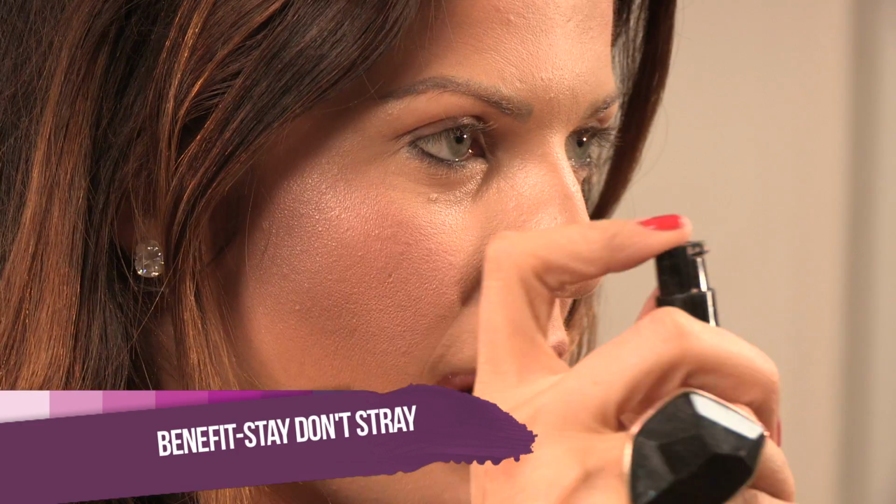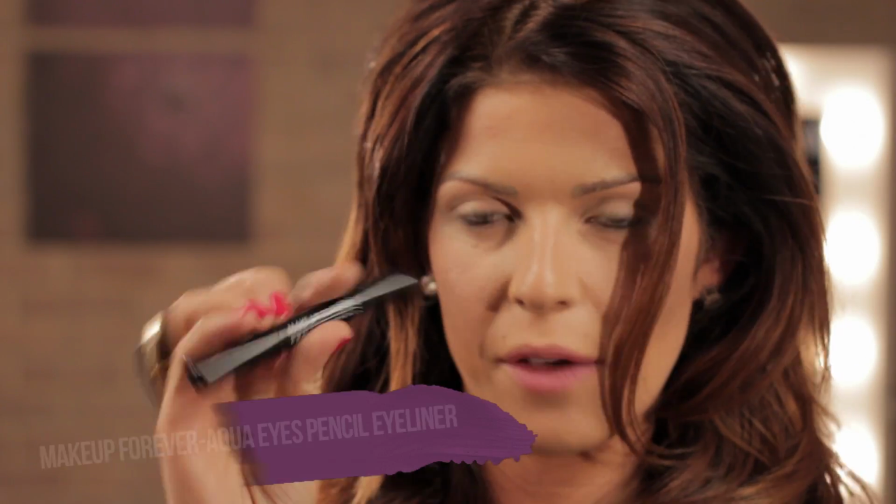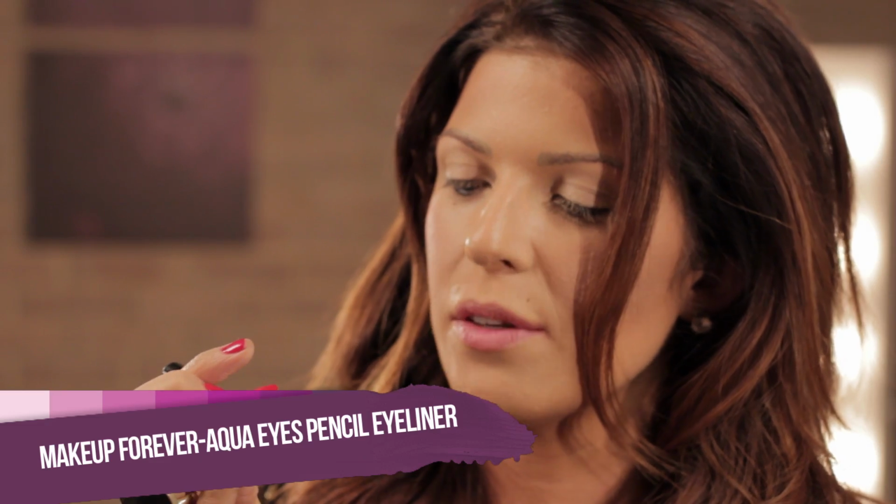For the eyes I'm going to start off by using my favourite Benefit eyeshadow primer in Stay Don't Stray. So just using our fingertips we're going to apply this all over the eye. This is like a chubby pencil by Makeup Forever, and this is absolutely perfect for putting on. It's a waterproof crayon. By putting it on the outer corner of the eyelid, and you don't have to be